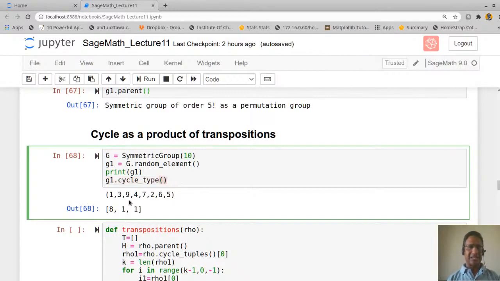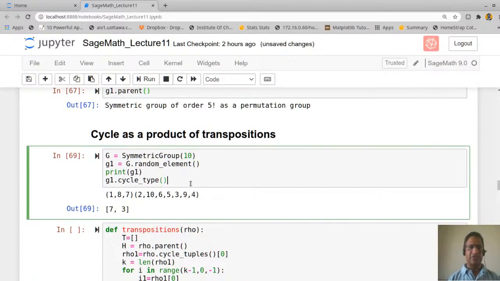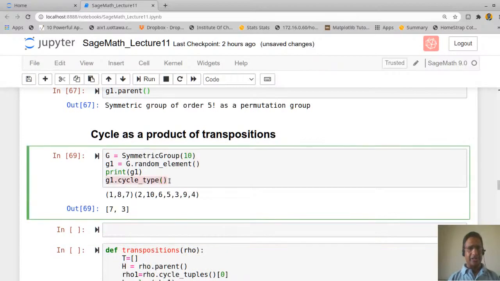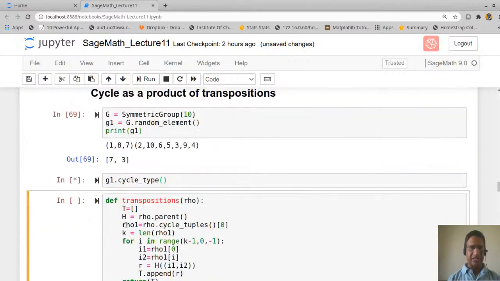In this case, actually, this is only one cycle, right? Let me generate once more. Okay, now this is a 2 cycle, right? 1, 8, 7, and then 2, 10, 6, 5, 3, 9, 4. These are the 2 cycles. Now the cycle type of this, it is already printed here below. Okay, so let me see what is the cycle type of this.